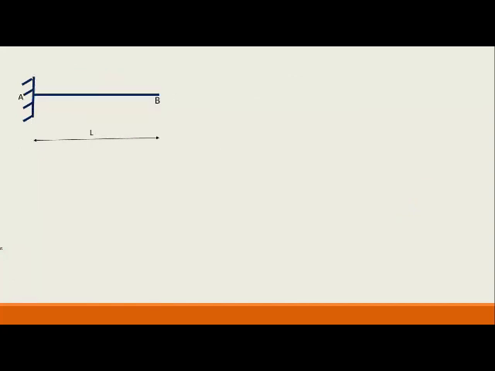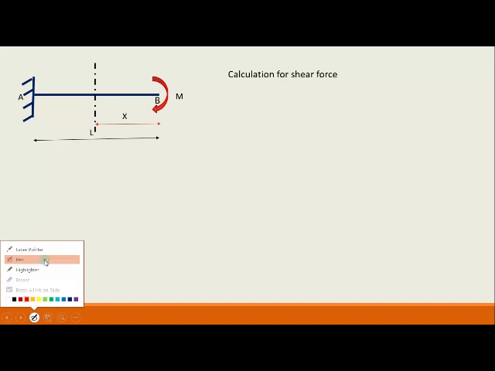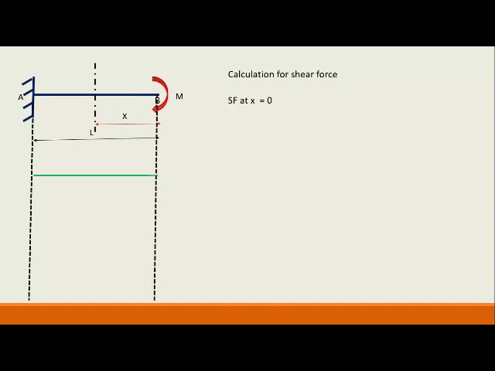Let us come to the last problem of the cantilever beam, which is having a moment at its free end. Span is L. Value of the concentrated moment is M. Let us again consider a section at a distance of x. Calculation of shear force. Here you can see, as per the definition, we have to take the algebraic summation of the forces, transverse forces, and there is no transverse force within this cross section. So the shear force at x is equals to 0. There is only a moment, no force is there. So the shear force diagram will be only a line.